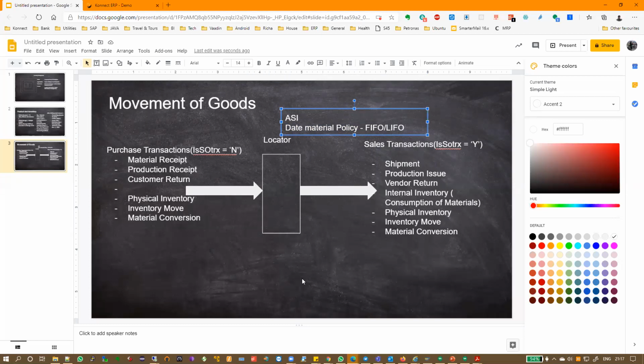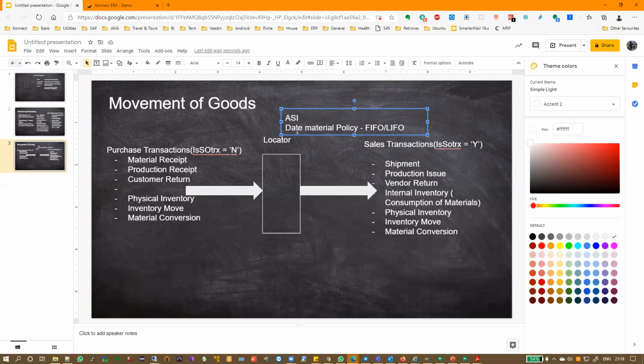Whenever you go to any locator, I'll show you in the system also, you will always find this field called date material policy. Some people mistake it to be the date of stock. No, that's not what it means. It doesn't mean that as on that date the stock is there. It just indicates when that stock came into that locator. It is something like a timestamp.